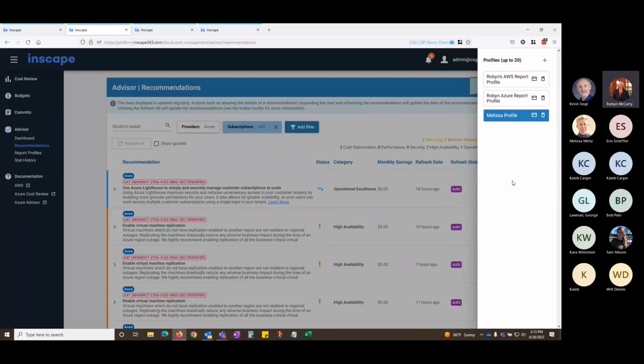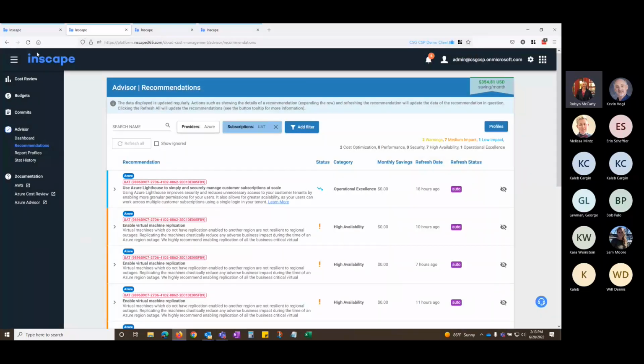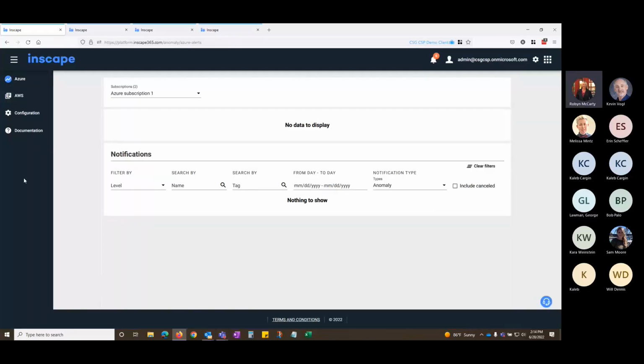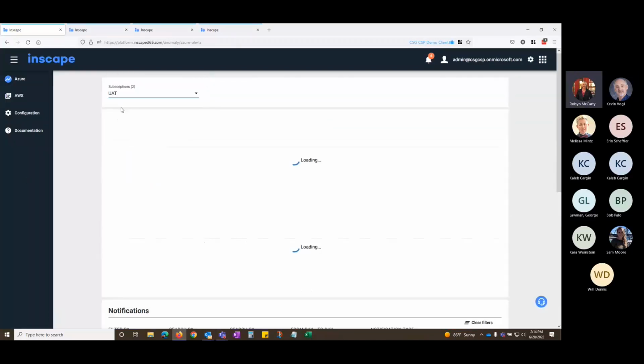So those are separate services. They use the same back end access, right? So if you're setting up cloud cost management, it's the same reader access that would be required for Anomaly. So you can look at Anomaly, though, here is going to send out its own alerts,